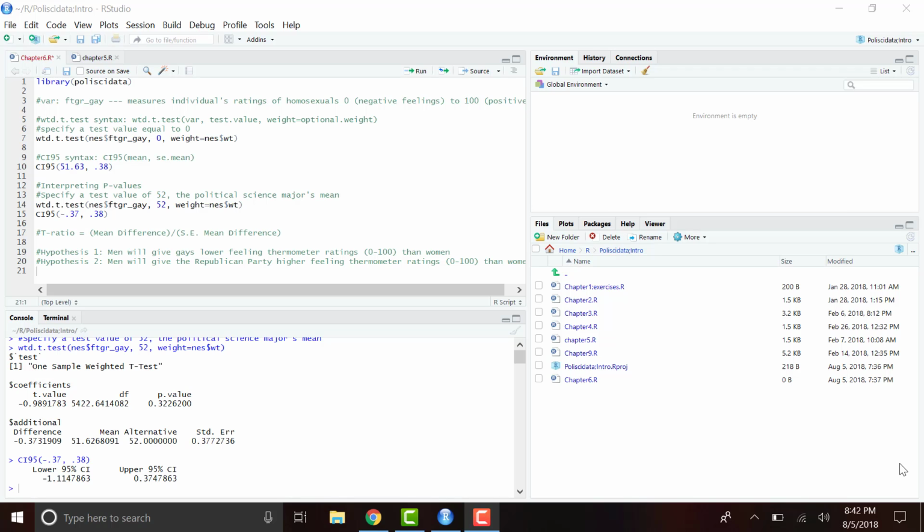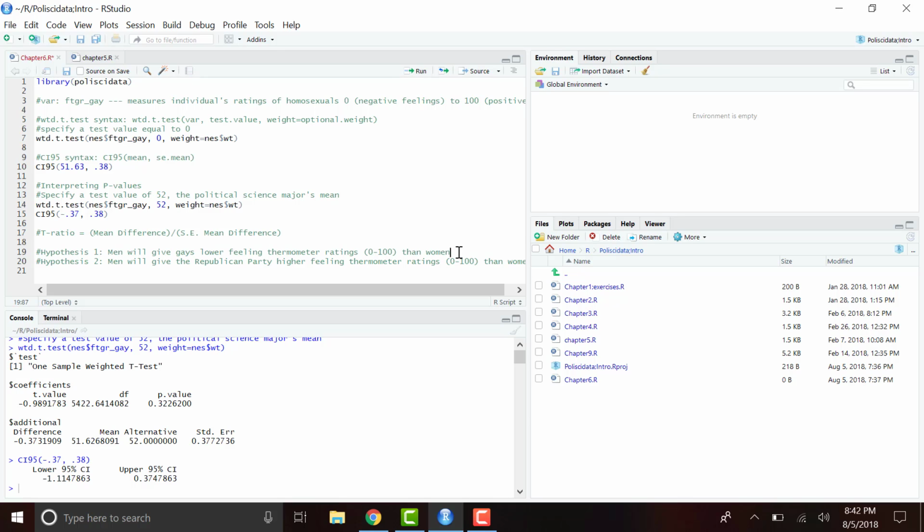So we're on page 95, and we are now going to compare the sample means of a dependent variable for two groups that differ on an independent variable. So this could be, in our case, someone investigating the gender gap, and we're going to test a series of hypotheses about the political differences between men and women. So the first hypothesis right here in 19 is that essentially men will give gays lower feeling thermometer ratings,